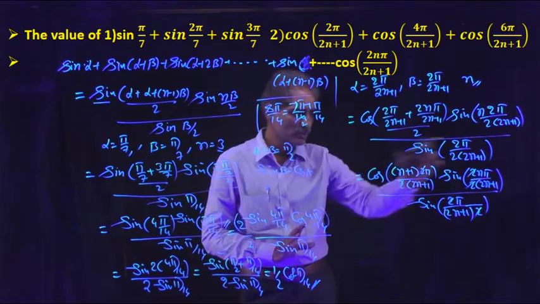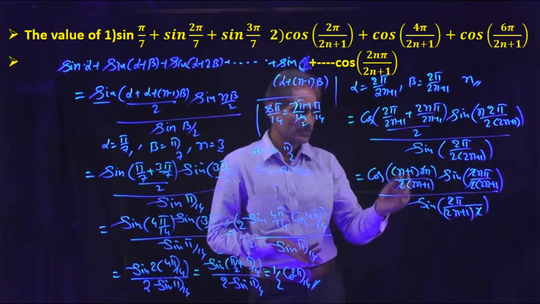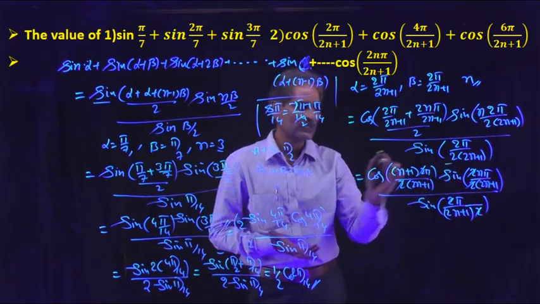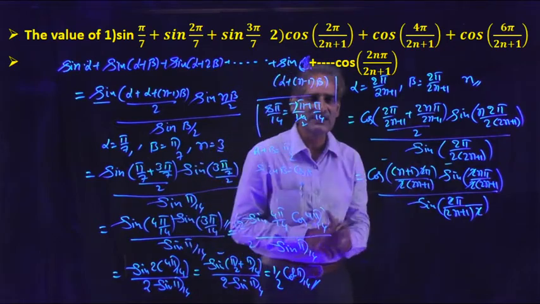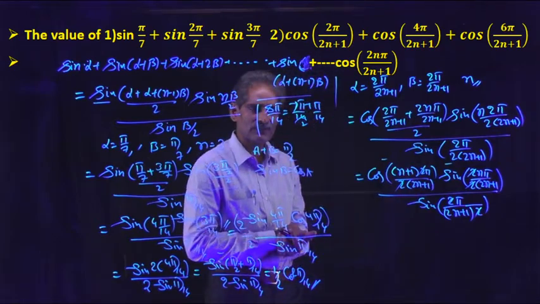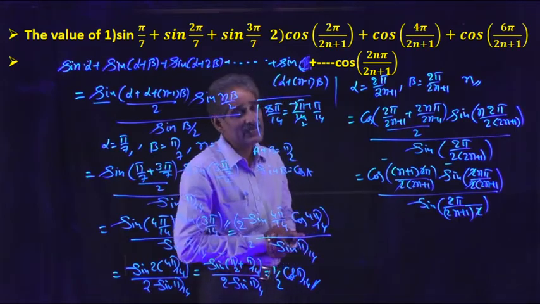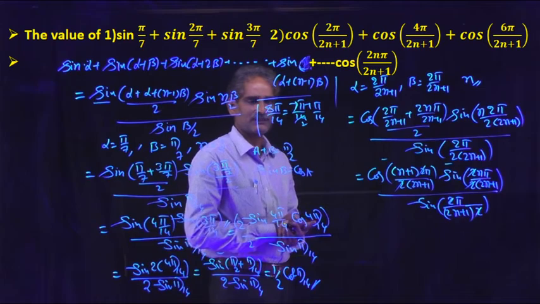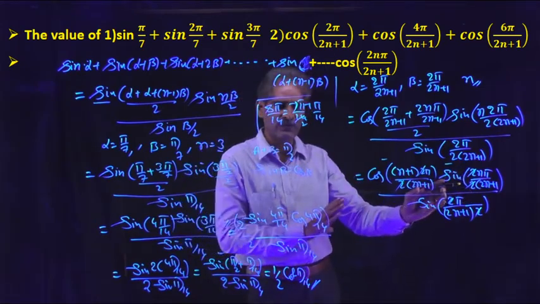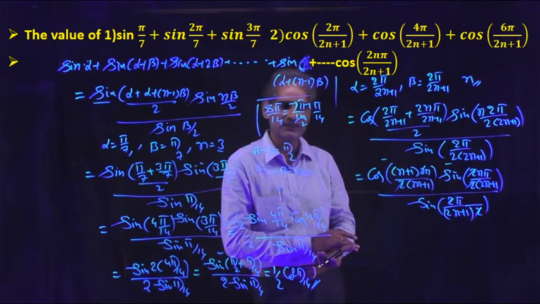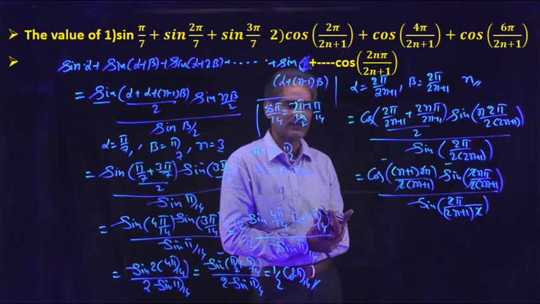Our aim is we want to simplify this. There are no common terms, we can't cancel it. So here these 2 terms are in the form of 2 cos A sin B. There is a formula: if 2 cos A sin B is there, it equals sin(A plus B) minus sin(A minus B). Otherwise, if you change these 2 angles into one angle form, that means sin theta into cos theta, then we can apply the 2 sin theta cos theta formula.